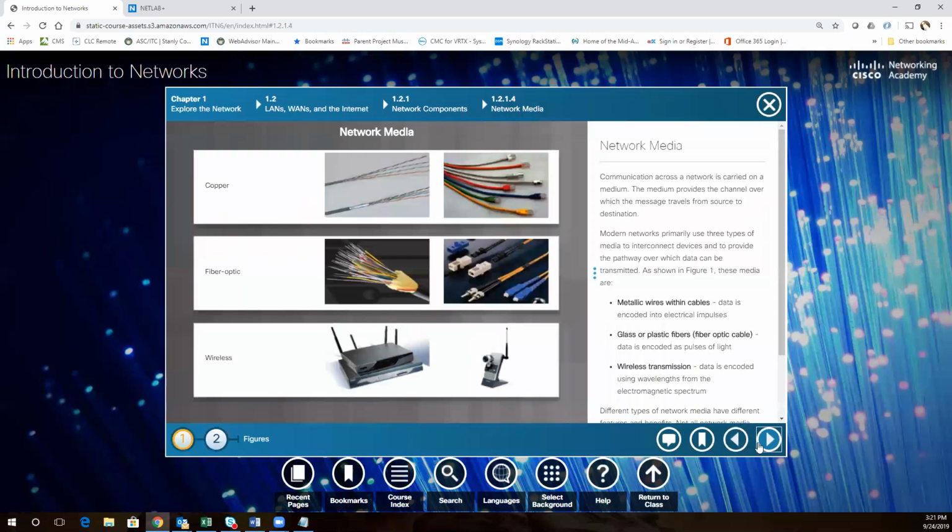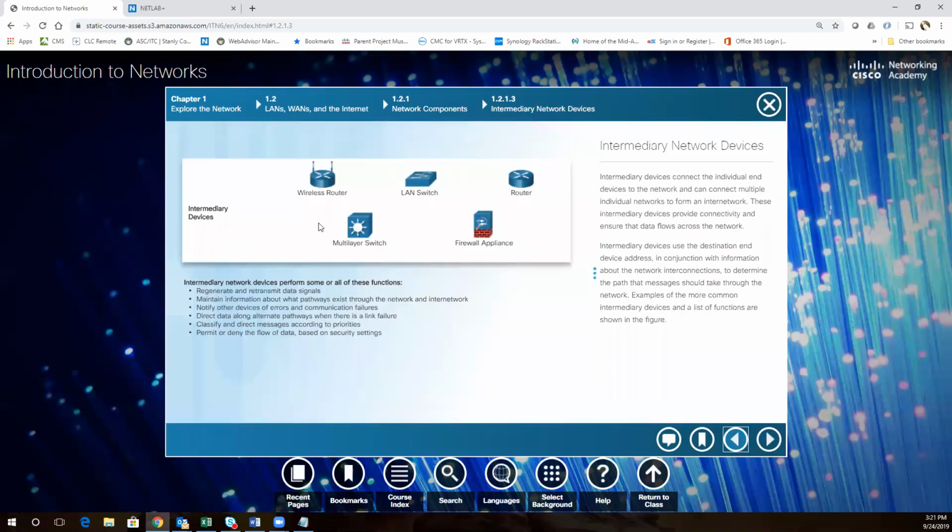Kelly, when do you use the multi-layer switch, out of curiosity? Honestly, 99% of our switches are going to be multi-layer switches. Well, I won't say that. I'll say 80% of them will be multi-layer switches. So when you look at a network design, many times, especially when you look at Cisco,